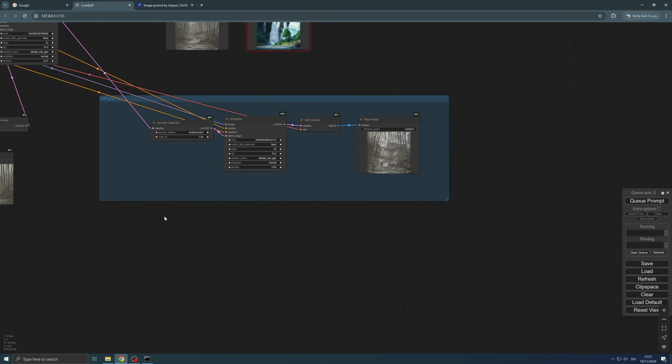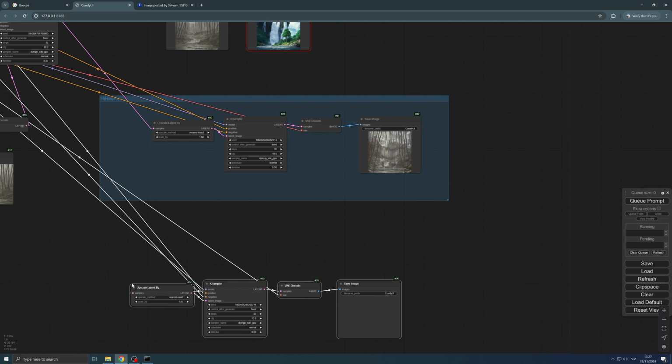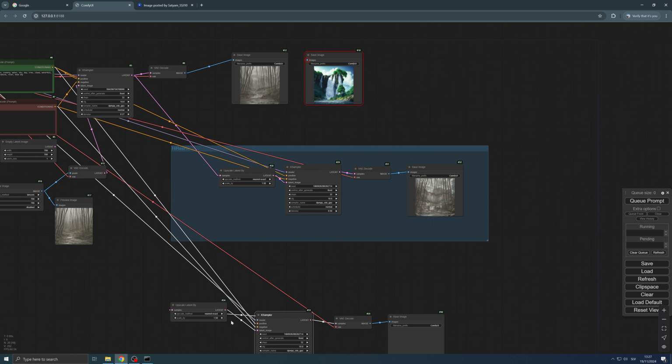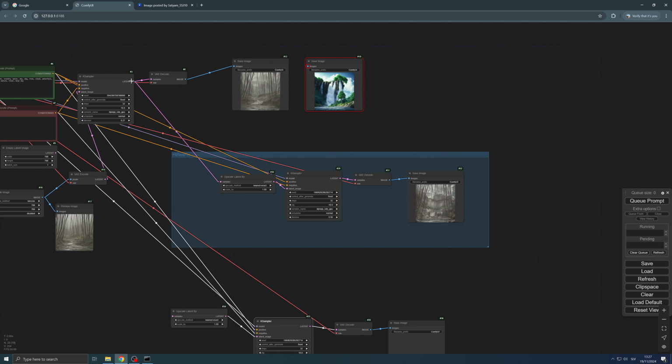So we copy them. Okay, what happened to the latent? I don't want this. This should be connected in here. We connect here, and as you can see, if you change